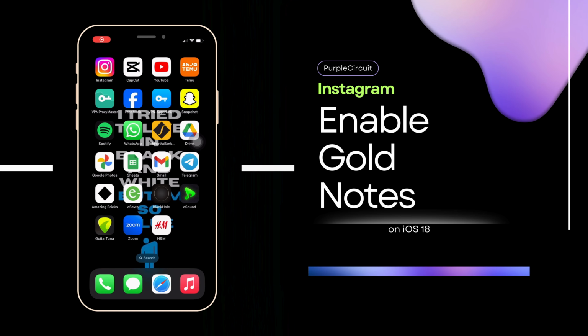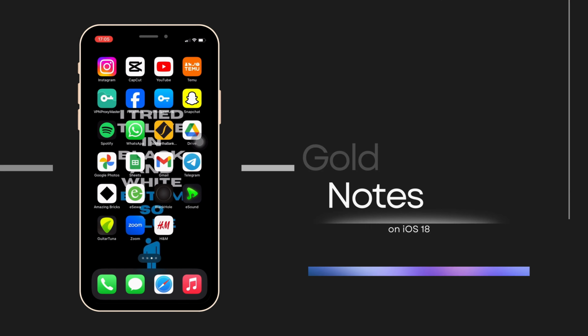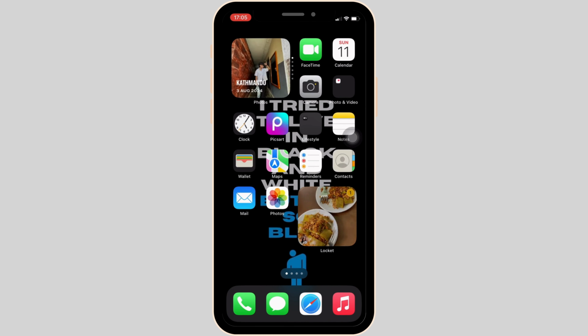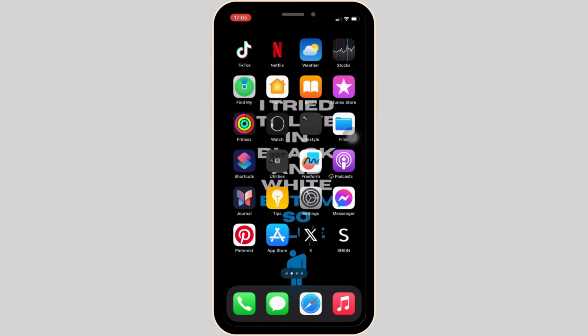How to fix Instagram Gold Notes not showing. Well, the feature is newly launched on Instagram. If you want to use this feature, but the feature is not available on your account, then in this case,